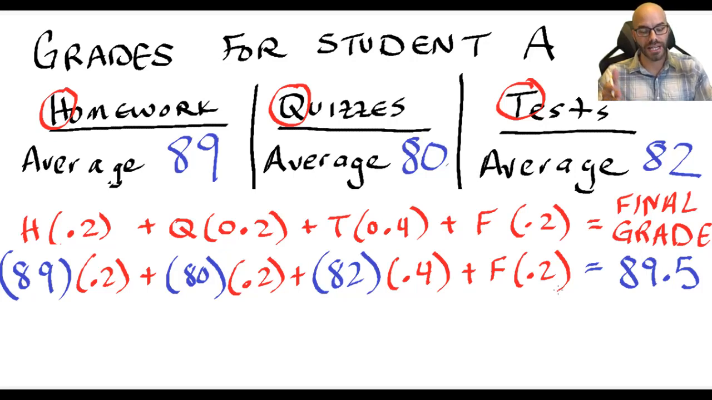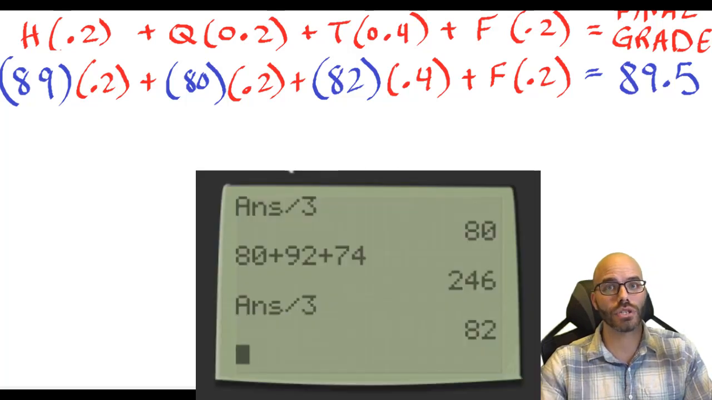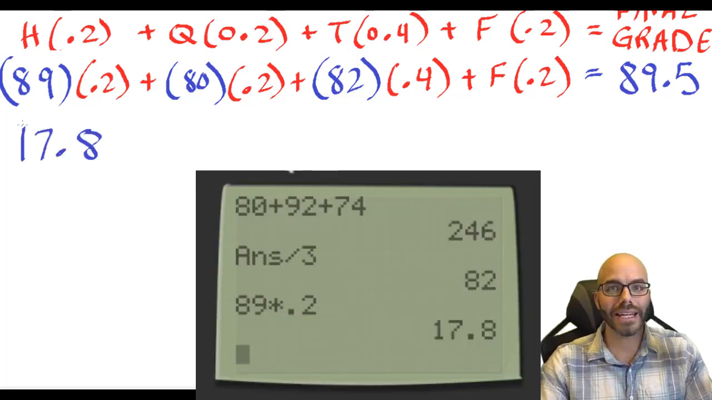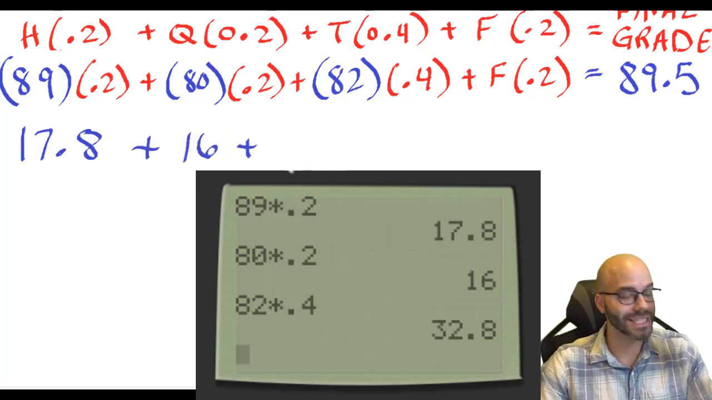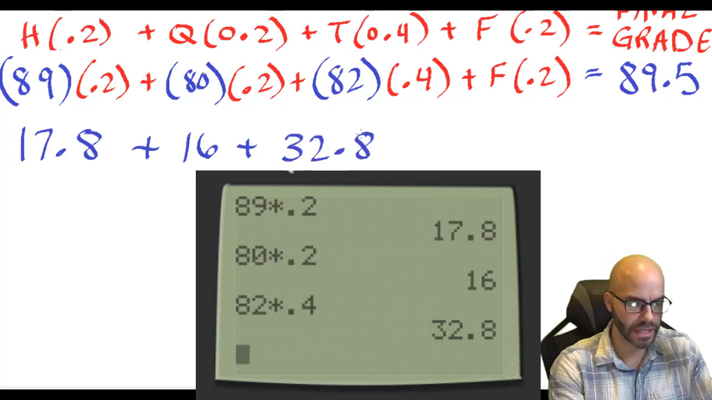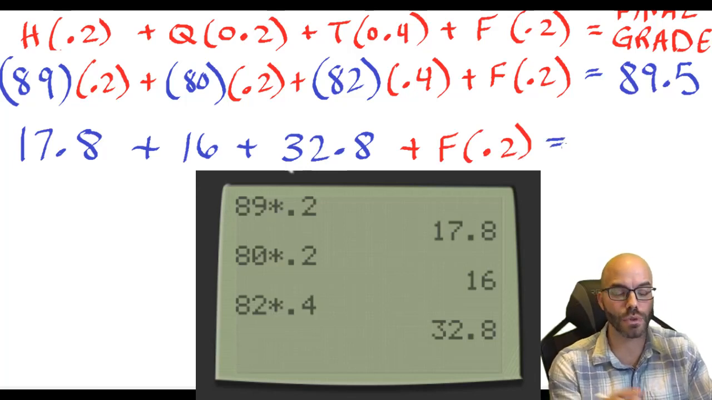And we want to say, how can that equal 89.5? So we need to solve for F. So what we want to do, let's scroll down, go to our calculator and multiply each of these. 89 times 0.2 is 17.8. 80 times 0.2 is 16. 82 times 0.4 is 32.8. And again, our unknown is F for the final exam. And we want that to equal 89.5, which would round up to a 90, which would give this student an